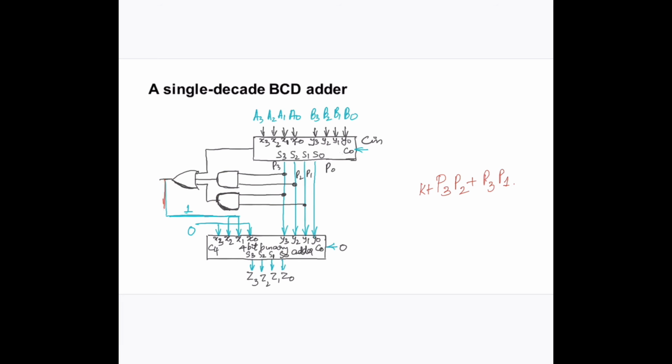Whenever this expression is true, the output of this network will be equivalent to 1. Here a 0 will be given to the network. This corresponds to 0 0, and whenever this condition is true, for those expressions the output of this logic network will be 1. So here you will obtain 0 1 1 0, which is equivalent to 6. That 6 will be added to the result of this network in order to get the required sum. So by implementing the correction network, we obtain the required sum.